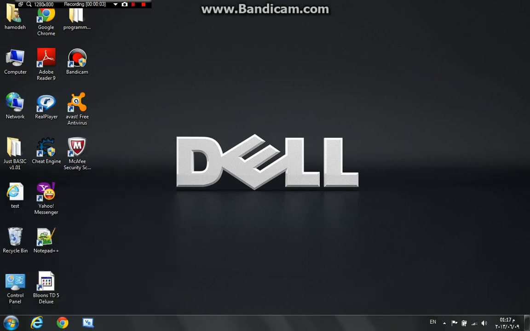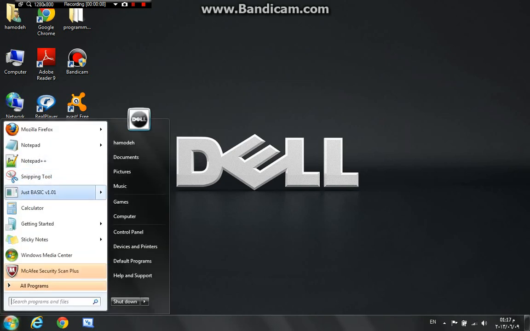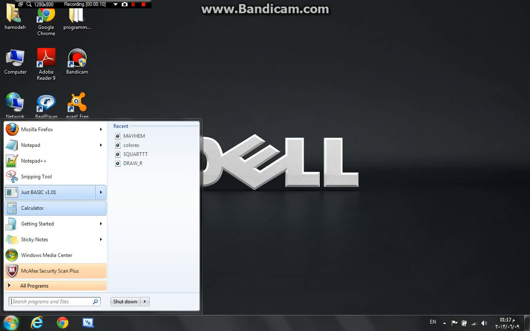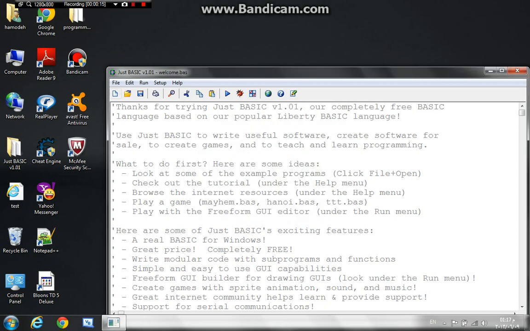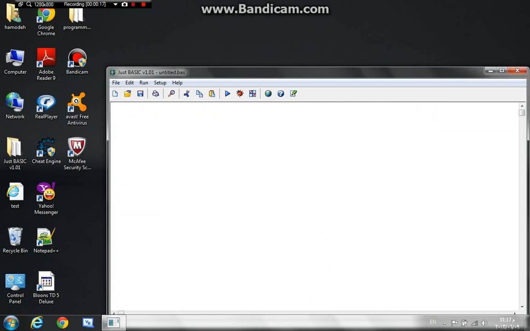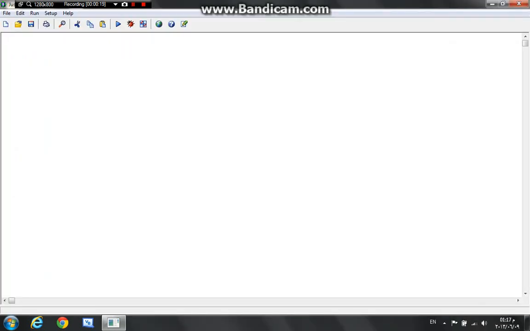So in this tutorial I'll be explaining about using INSTBASIC, how to create GUIs. It's pretty complicated to make a whole GUI without a program called Freeform